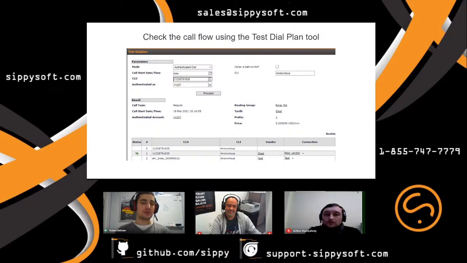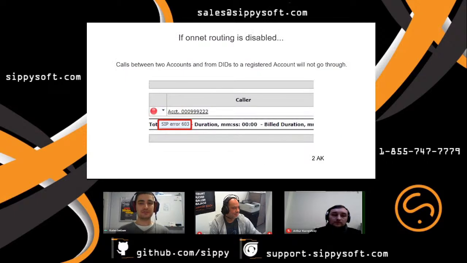So you just need to set a few input parameters, and you will see how your system will process the call. So always use this option before you try to change your routing configuration and so on. So it's really cool thing. We always use it. Fred, switch to the next tab, please.